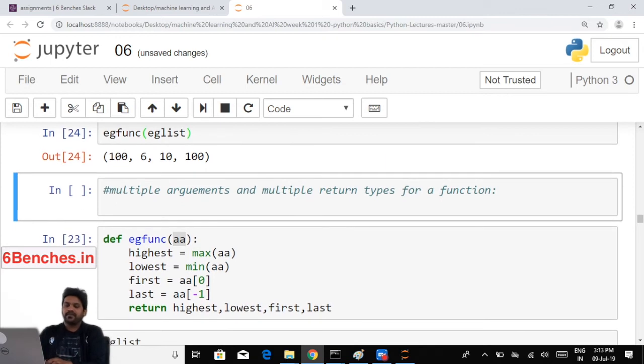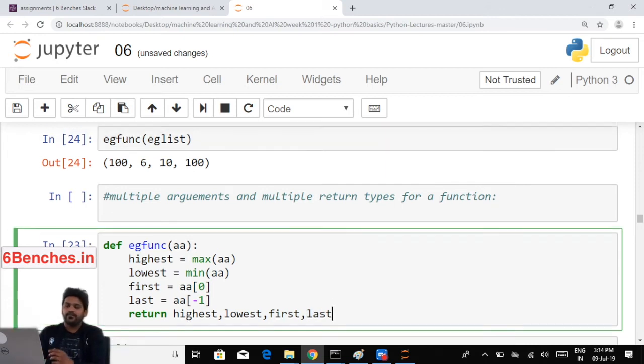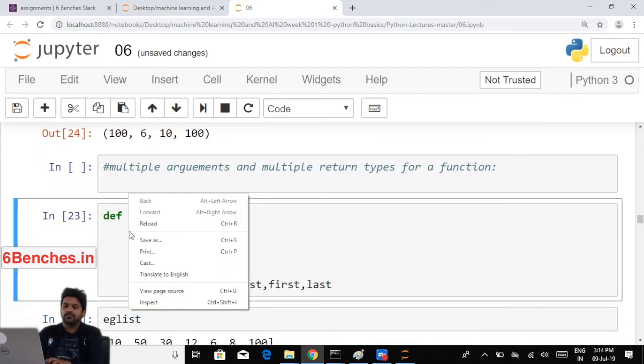I am returning the highest, which is max of a, then the lowest, which is min, then your first element, which is done using indexing, a of 0, then your last element, which is a of minus 1. So I am going to calculate these four results, and then I am returning all four of them. And when I call this function,